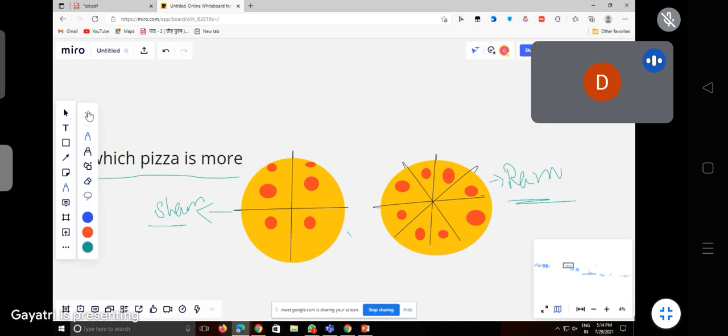So, for example, this pizza is of Sham. You can see the name. This is for Ram. Now, they want to know who is going to have more pizza. So now, carefully listen. You will see how many parts we are going to get from this. I'm going to write 1 and 2. So basically from both the pizzas I'm going to get 2 pieces.